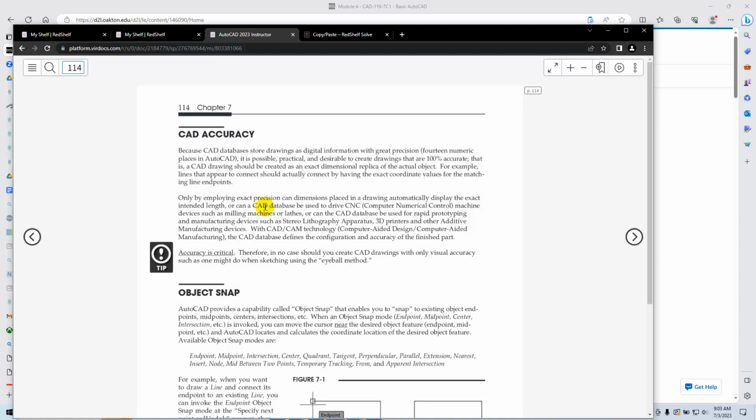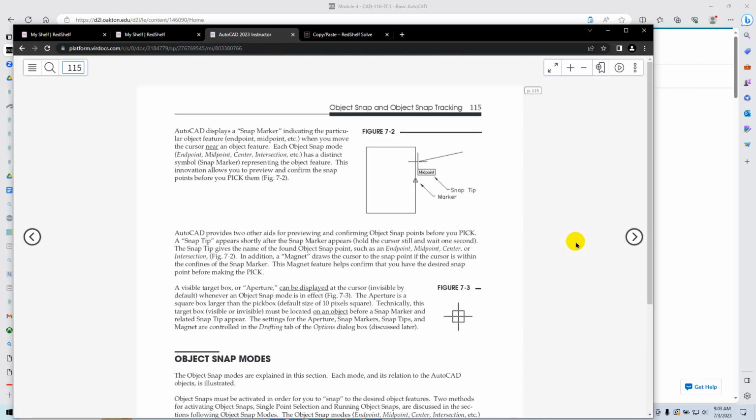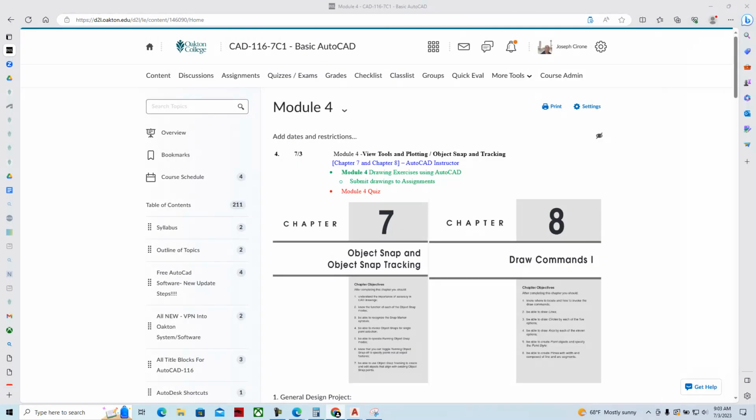As we start to work with CAD and accuracy, we're going to look at using Object Snap to create drawings that are lines endpoint to endpoint, or that would snap to intersections, quadrants, tangencies, all these different geometric conditions for creating these different mechanical and architectural drawings. You'll get these little snap markers, these little triangles when you're at a midpoint. If we are to look at our Osnap drawing, we have a drawing that you can download